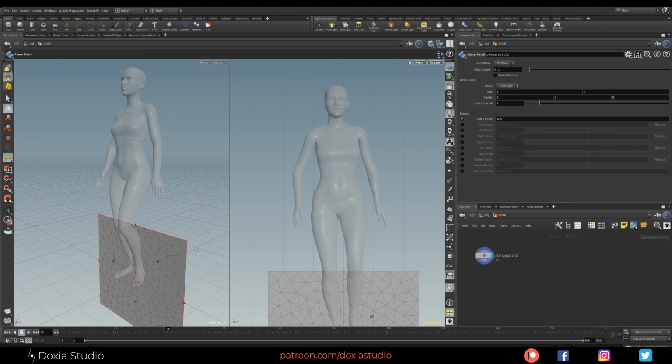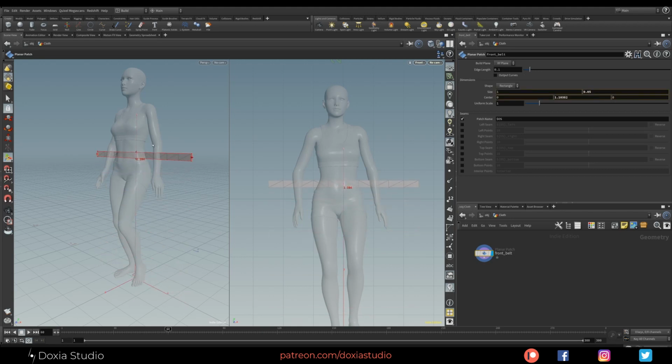Okay, so let's start by making our belt. We are going to start by creating the front belt. We are going to use a rectangle, and I want it pretty thin, maybe 0.05 Y. Let's bring this up, and I want to change the dimensions.